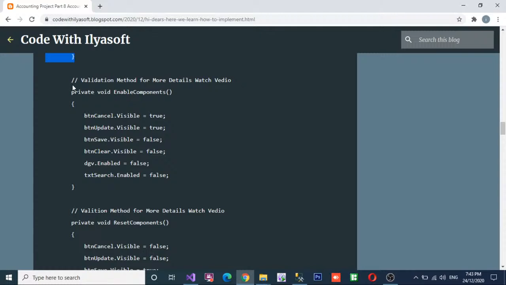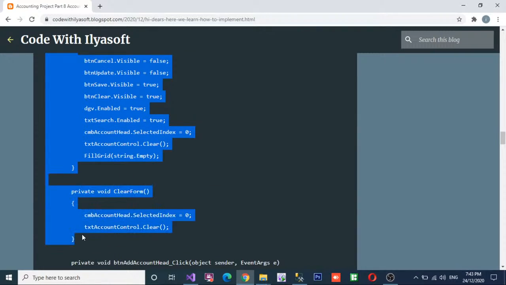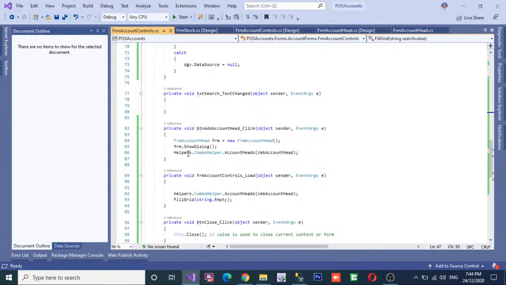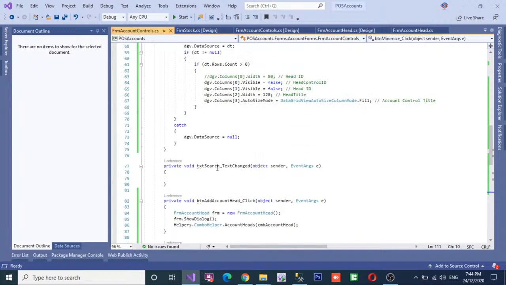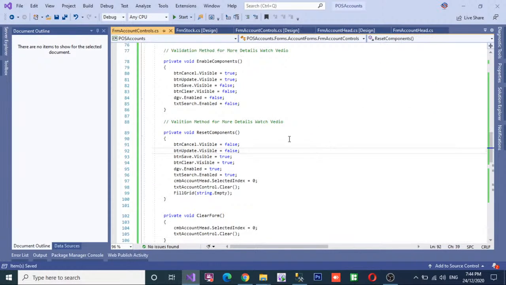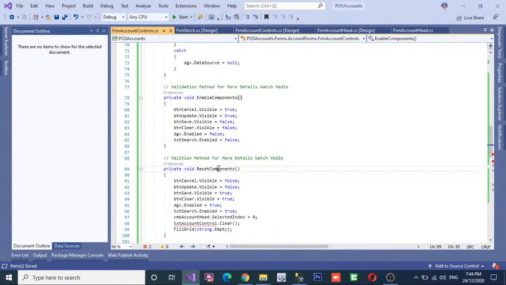and copy these two methods, enable and this reset components. It works the same, and this is the clear form method used to clear the content of the two controls. The one is this and the second is this. So now paste below this method fill data grid. Okay, so enable is used to enable the components for the updation, and reset for